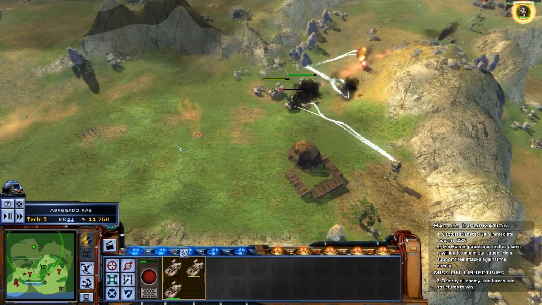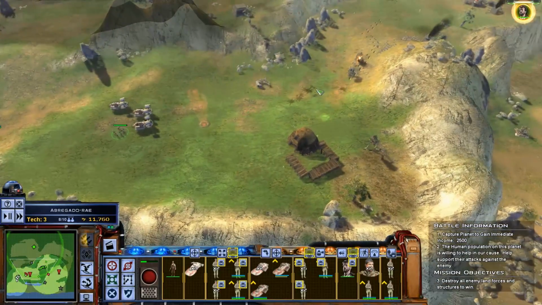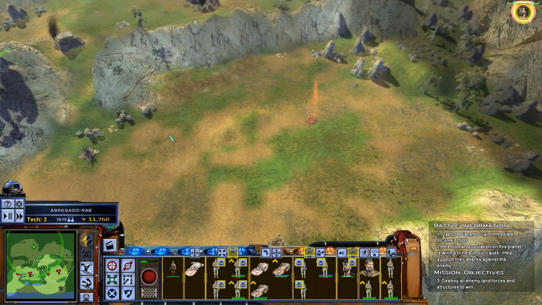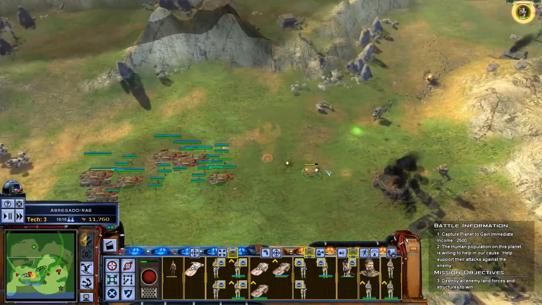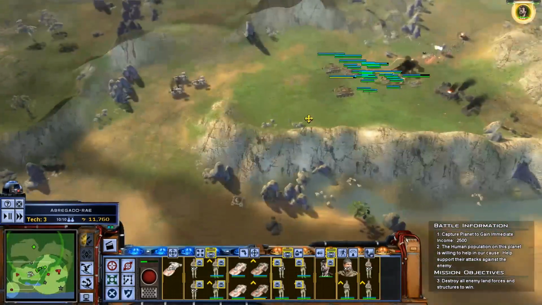They're doing better than I expected now. You keep these men distracted for me. Right, I don't like having to go all the way around like that. The vehicles. Can you give me a little cover fire? It is kind of a weird map for...